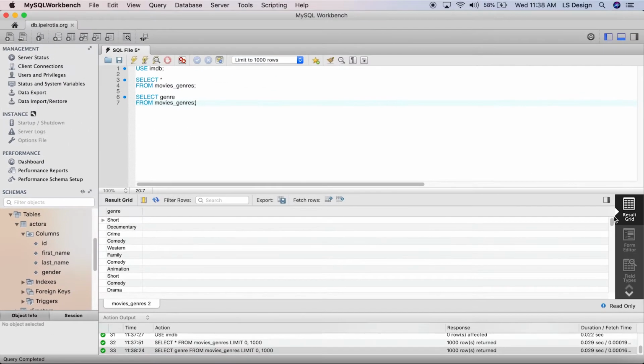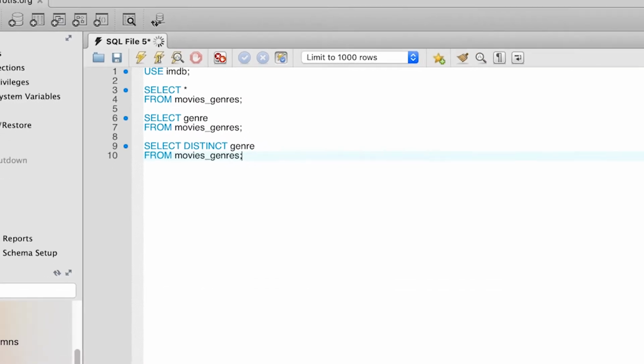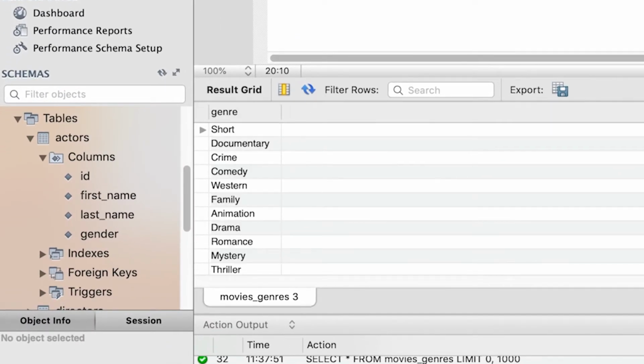But our question is, what are all the different genres that we have without any duplicates? So to eliminate these duplicates, we modify our query and write select distinct genre from movie genres. We execute the command, and you can see now that we get back the genres without duplicates.